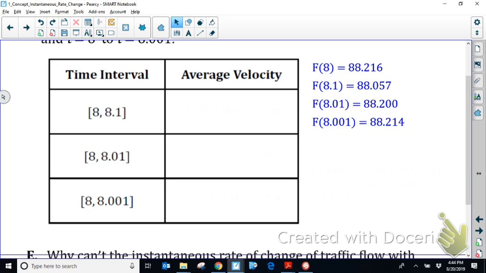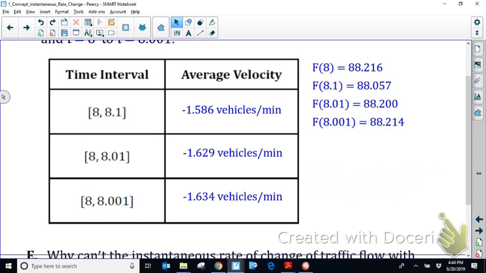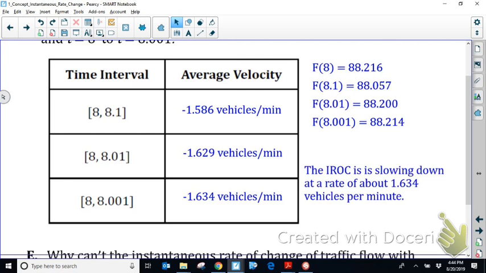And when I find the average velocity for the first time interval, I'm going to get about negative 1.6, and the next one I'm going to get about negative 1.6 again, and then the third one again about negative 1.6. So hopefully you're able to get these values here, particularly the rounded values that I'm getting at the end, and the fact that the numbers are negative. And some of you may be wondering, well, why are the numbers negative? And the reason is that the rate of change is slowing. So that's why the values are negative, to indicate that the rate of change is slowing to about negative 1.634 vehicles